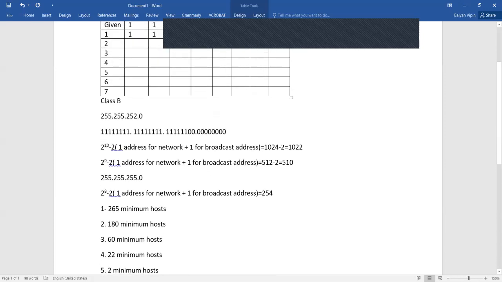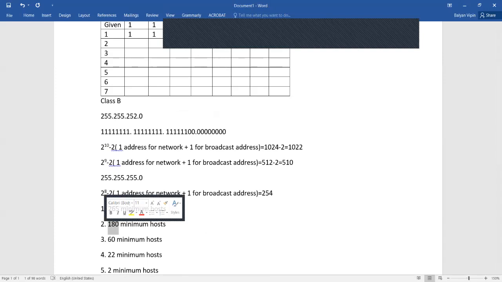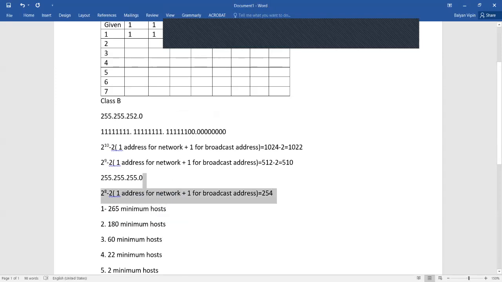Now if we move down further, how many users do we require here? The hosts which this network subnet must be able to accommodate is 180. Now if you see, 180 users can be accommodated by 254.